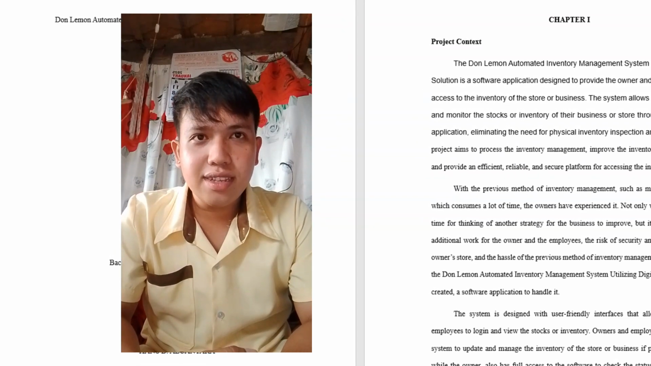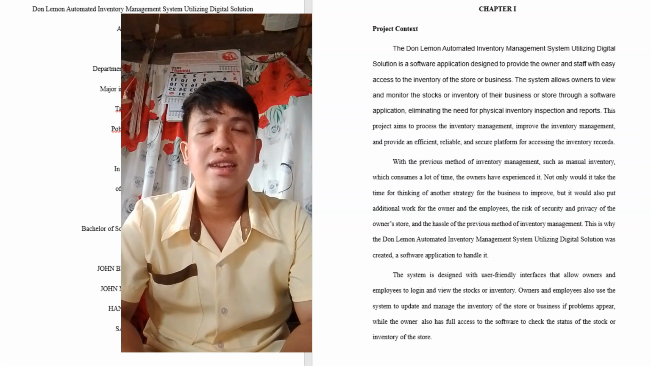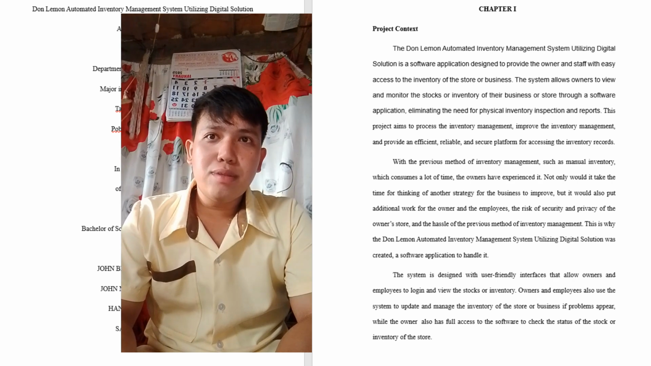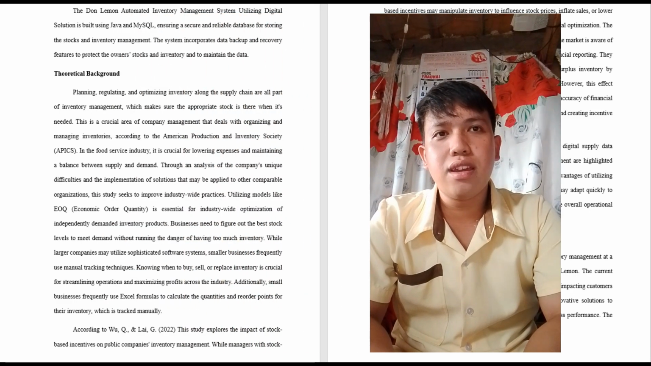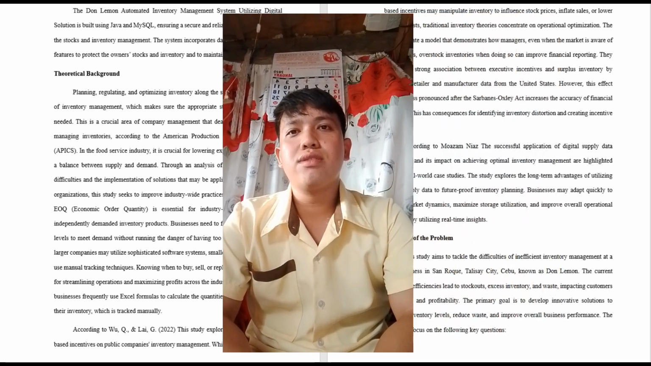So in project context, we propose a system specifically to address the problem of our clientele, which is the traditional way of managing their stocks. So in terms of theoretical background, we gathered 3 articles that tackle the inventory problems in order to support our proposed system. So in statement of the problem, we gathered any possible questions regarding the system that